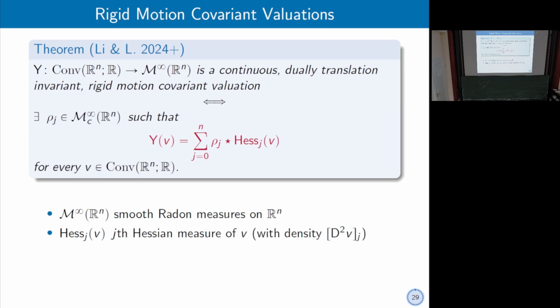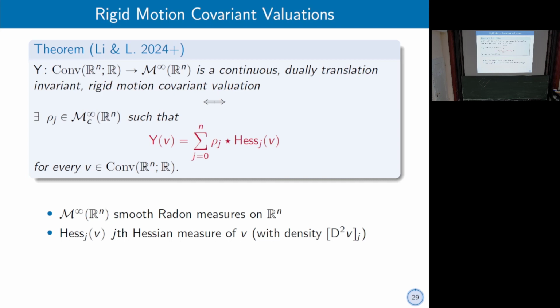Under this assumption, if I have a continuous dually translation invariant rigid motion covariant valuation, then there exist, and here one word is missing, the rho_i are rotation invariant. There exist rotation invariant Radon measures, compactly supported, again smooth,